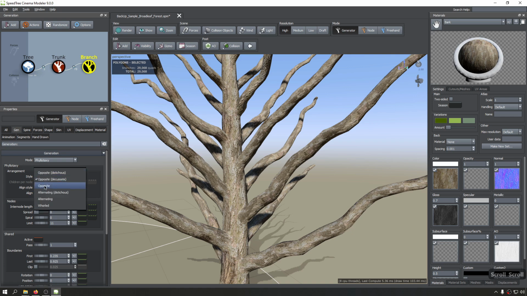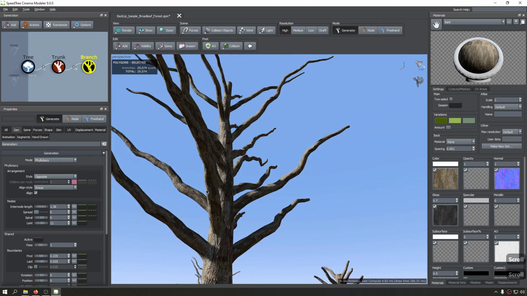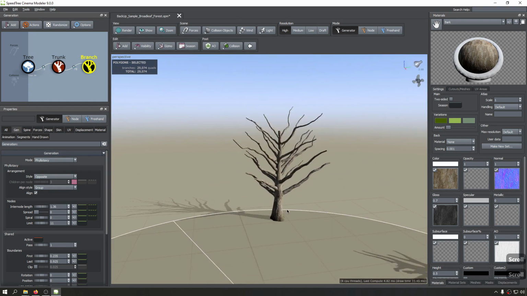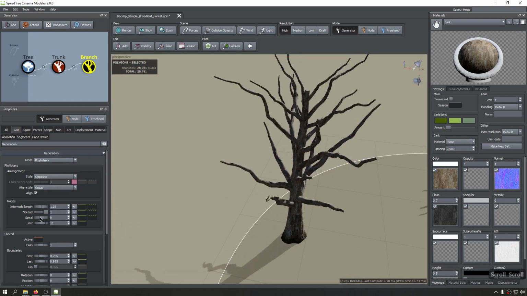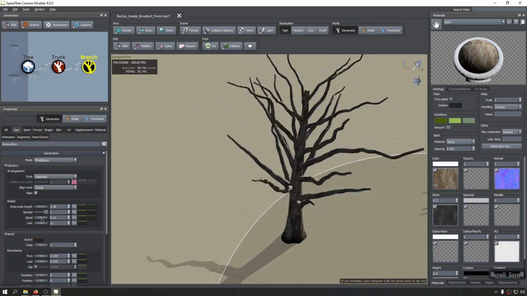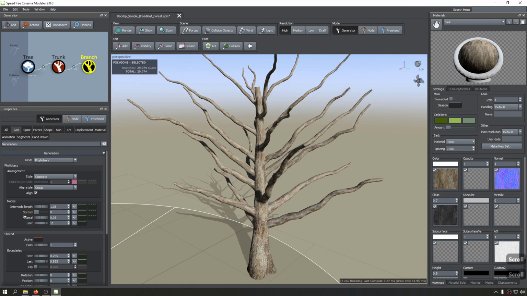And the next one is opposite, and it's going to do something like this, but instead of rotating them in a 90-degree fashion, it's going to rotate them a bit more randomly, giving a much more realistic result. And of course, using this spread, a spiral, and these settings, you can make it pretty much so natural. So let's go for the next one,